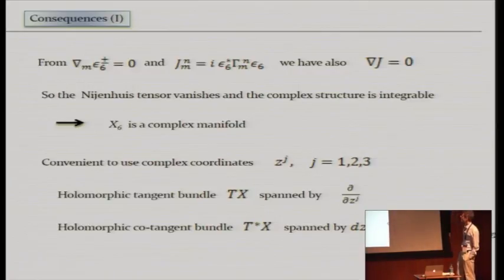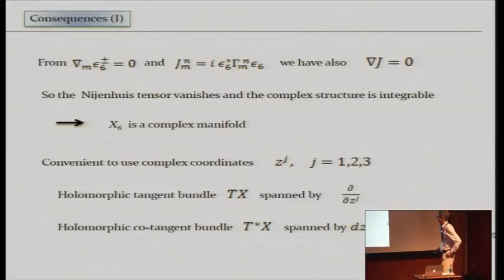Okay? Now, if you're on a complex manifold, and we will be in a complex manifold for quite a while, it's often convenient to use complex coordinates rather than real coordinates. A lot of the symmetries and properties will be a lot more self-evident when you use complex coordinates. So I'm typically going to use coordinates Z, with Z upper j denoting a complex coordinate where the indices go from 1, 2, 3. So I need 3 complex coordinates to describe X6. So Z1 is like X1 plus iX2. Z2 is like X3 plus iX4, etc.